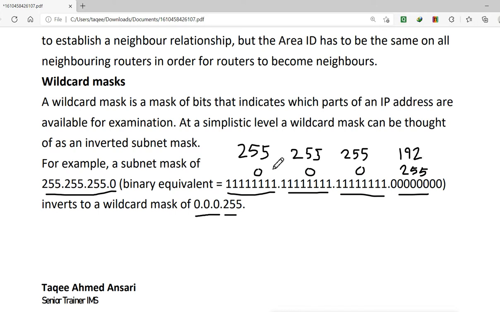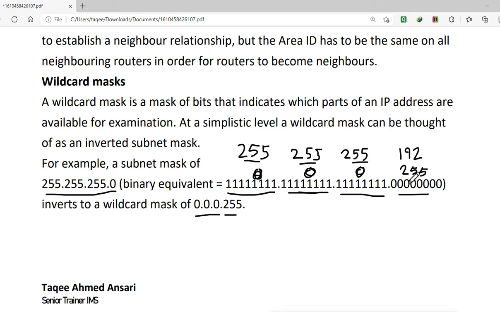Now how will you get the wildcard for this subnet mask? Again, all these bits are on here, so it will become 0. These bits are all on, so again this will become 0.